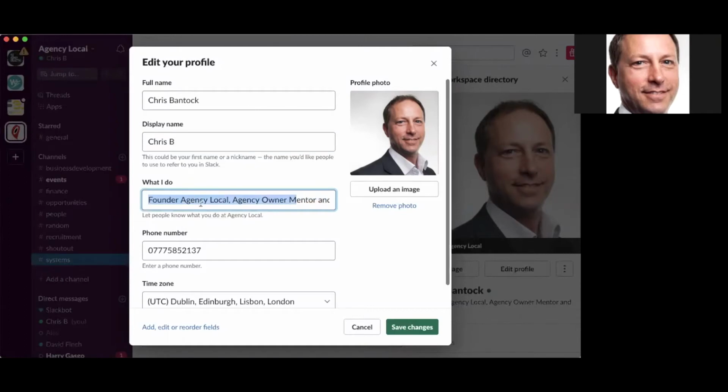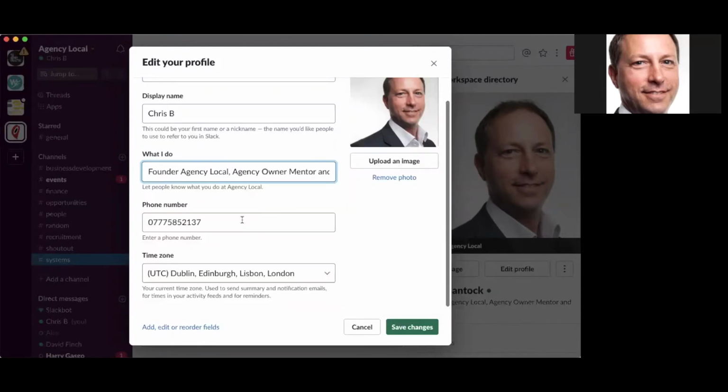This is the key area within Slack for you to tell people what you do. Slack is not really here for you to sell what you do. It's here for you to support and to work with other people. But what I do is great in here. If you're a video producer, you could say: I build awesome websites, video that can't be beaten. You can put whatever you want in there, and then phone number if you want to, and then just